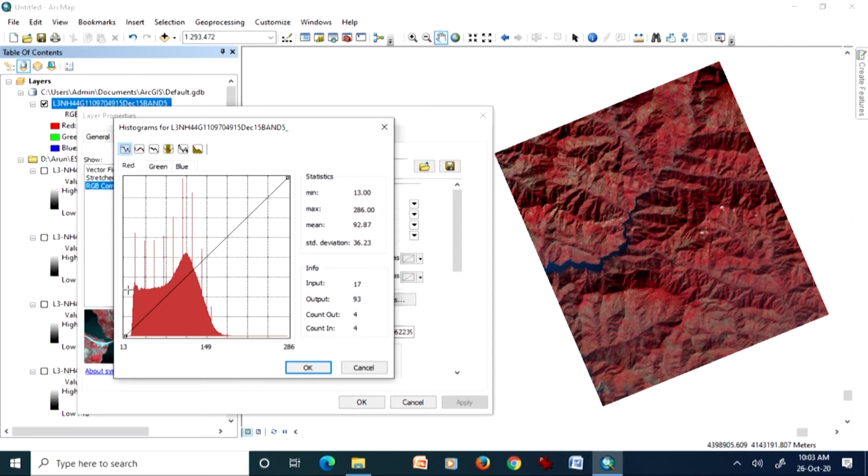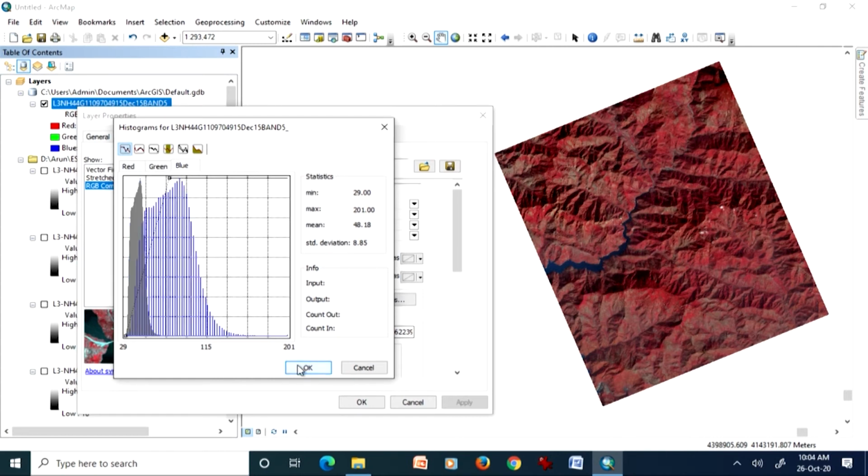So, for that we must be very careful about making some stretches. I can also do it manually, where I say that any value found from this should be made to the maximum. If I do it, this is going to be my distribution of my histogram. So, for each channel I can do it like this and do manual stretching, or I can use the standard stretching techniques which are available.